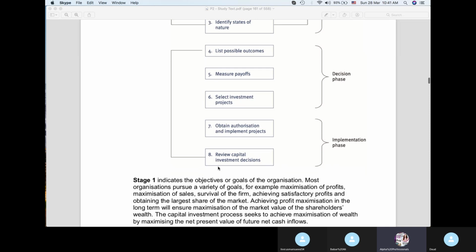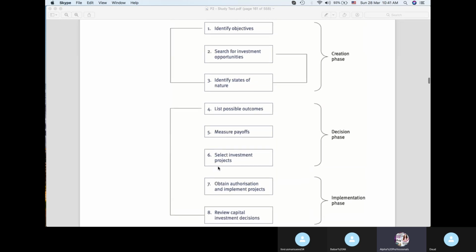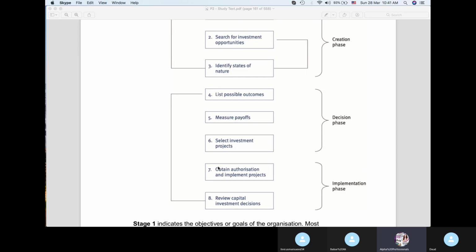Once the project has been implemented, you would keep a watch on it. And as we have studied in our previous chapter, at a certain point in time you might feel that this project might not give you the expected results, so you might have to take a decision to abandon that project. In that situation, we have already studied what kind of cost you are going to take into account. All these activities are segregated in three areas.